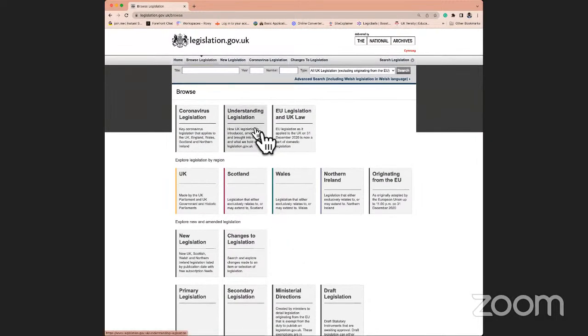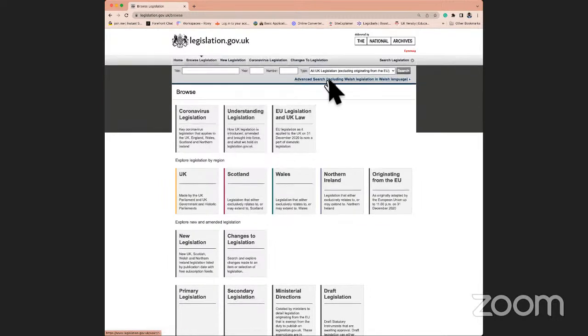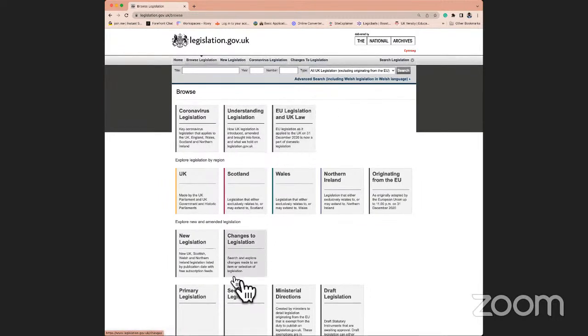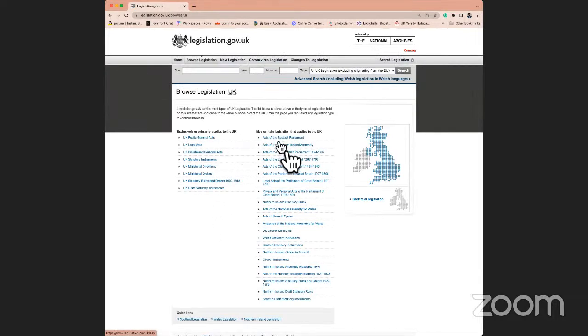Now, in terms of understanding legislation, obviously there is a lot of it. What we need to do is be aware of how to go about searching the website for the appropriate legislation or acts that you want to see. When I click on UK, there are all these different acts which are defined, and in some cases within these acts, you need to go into different sorts of acts. So generally speaking, the best option is to put the title here and then do a search,